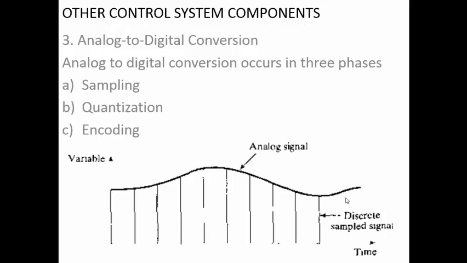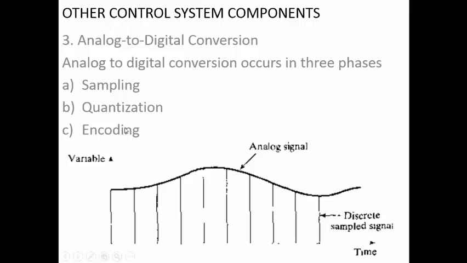So the first step is sampling. That is the measurement of the analog signal at some fixed intervals of time. That is called sampling. The interval of time will depend on the requirement. If you want a highly accurate digital conversion, then you have to do sampling very quickly or at a faster rate. If you are increasing the sampling time, then the controlling may not be as required, because too much time has elapsed and the values or controlling will not be as smooth as required.